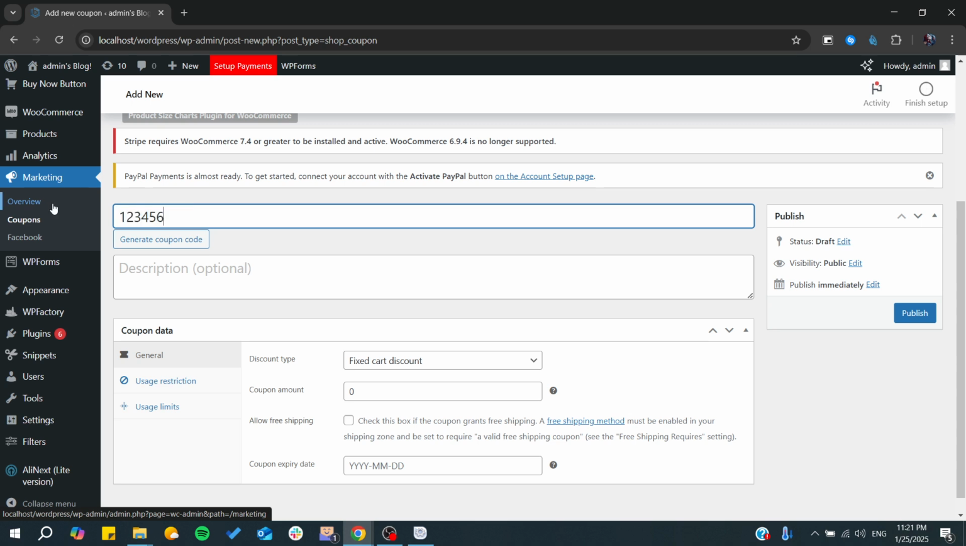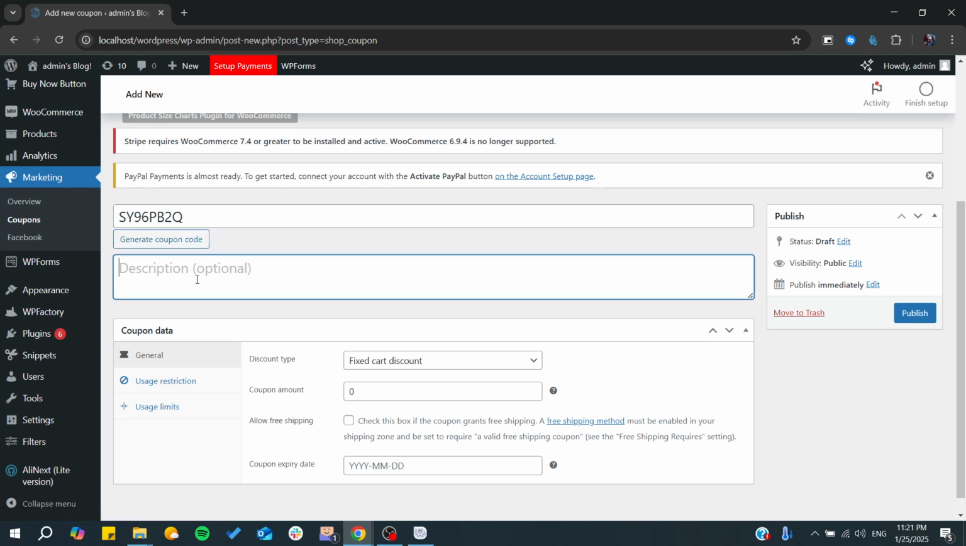type it by yourself by adding the numbers, but it's better to generate the coupon code so it cannot be predictable and it will be random and more secure. So basically, after generating any coupon code that you would like, you will need to continue and finish the setup